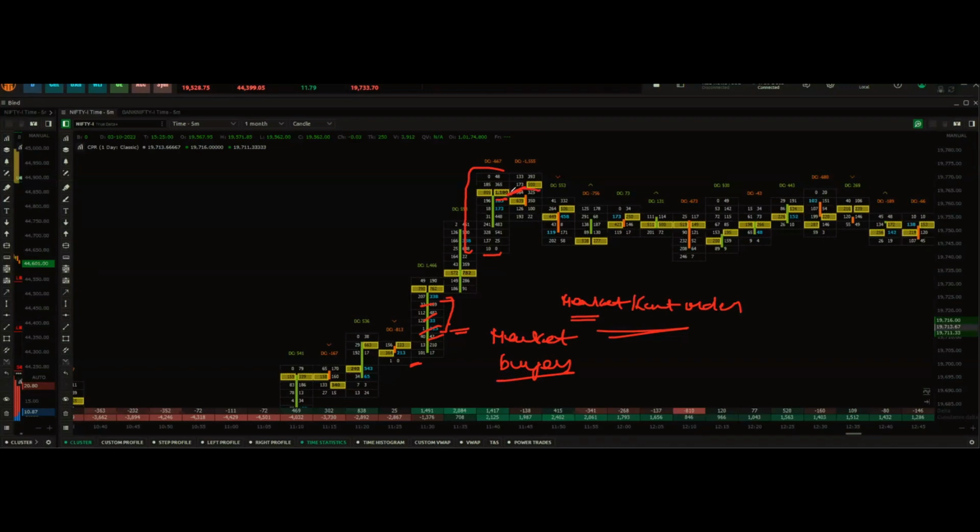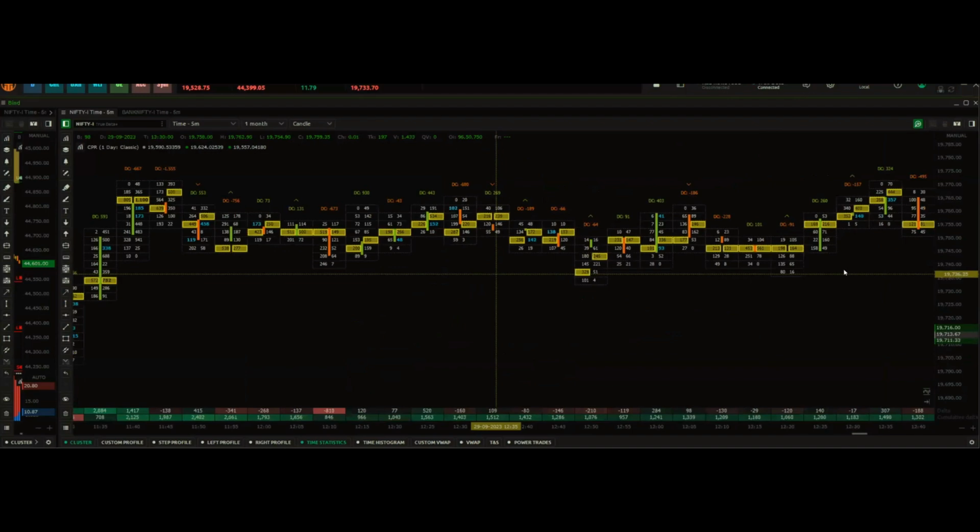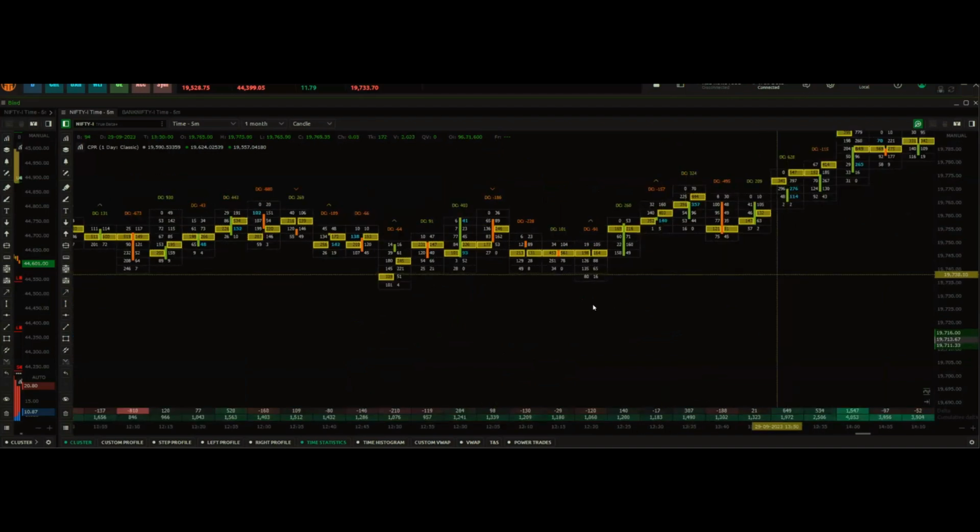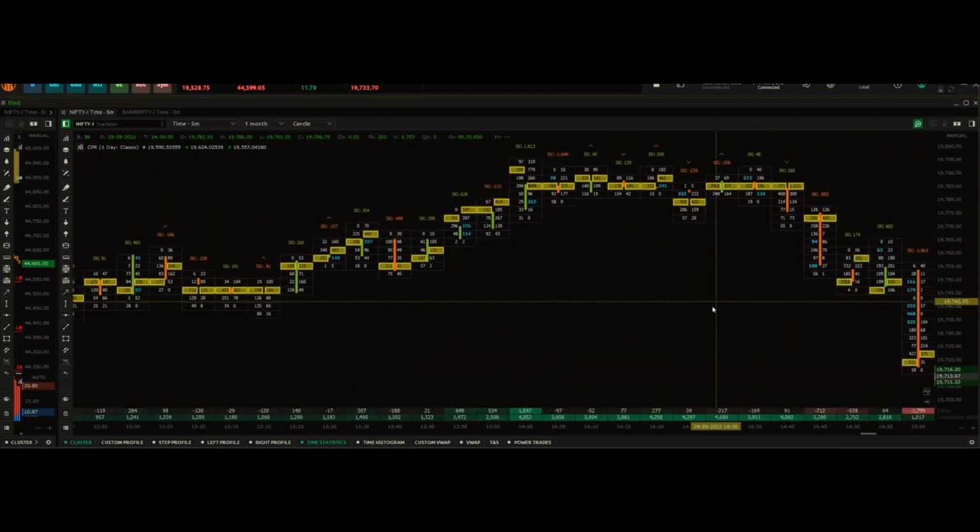So this indicates to you that this is a limit seller, a passive seller stepped in, and he's trying to absorb all the buying that is happening. Any questions? So when you see such a passive seller stepping into the markets after a particular up move,